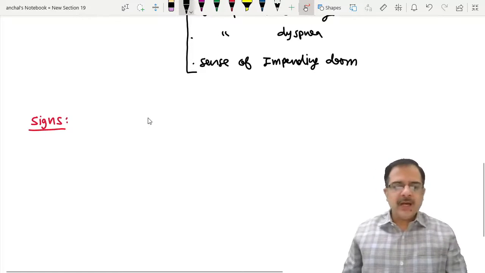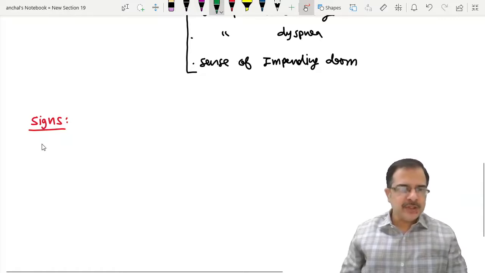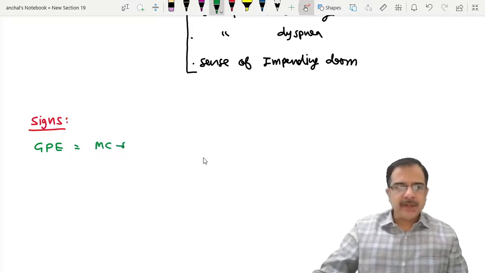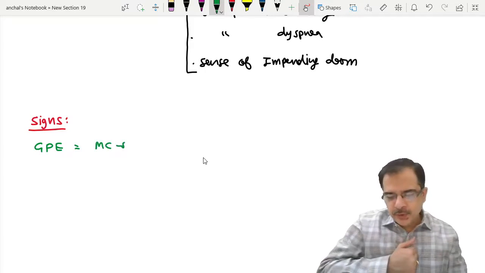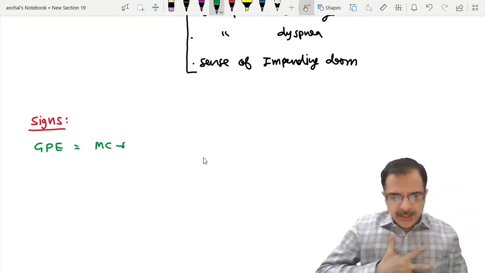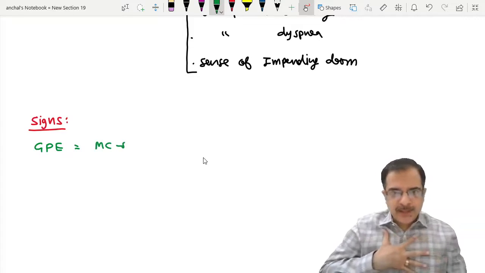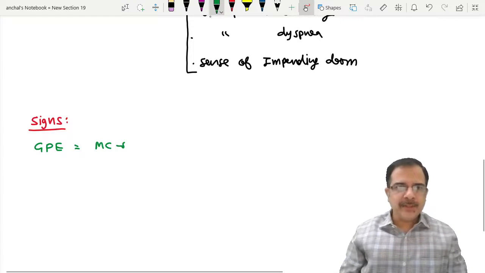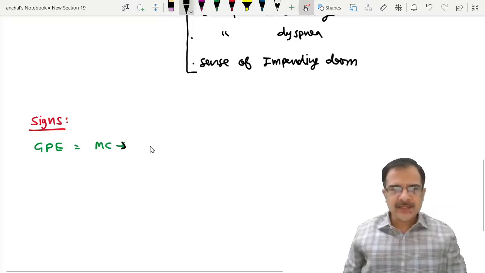So starting with the general physical examination first. In general physical examination, GPE, the most common sign is that a patient with chest pain will put a fist or a palm on the retrosternum to indicate a diffuse location of the pain. That sign, where the patient is holding the fist against the retrosternum, is known by the name of